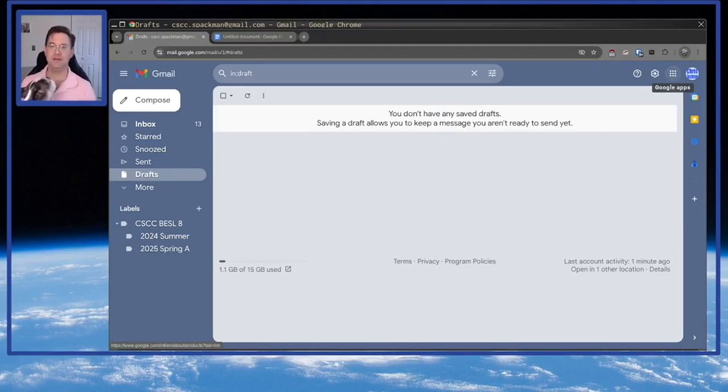Hello. Today, my dog and I are going to show you how to create and share a Google document, right? Good boy. So we're going to start in Gmail, and in Gmail on the right side, the top right over here,